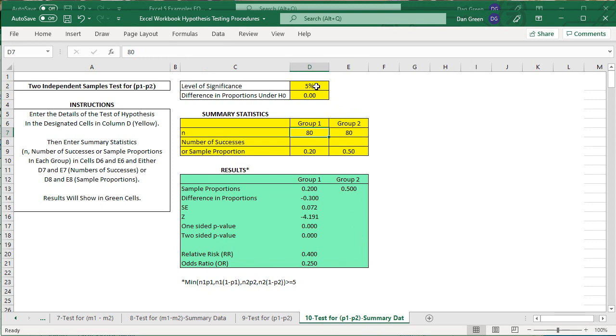So we can see here that our level of significance is 5%, and then our difference of proportion is 0, because we're testing equal, not equal. So those are all set. And then we have to enter in either these 4 cells, which is the total number in each group and number of successes, or you enter in the total number in each group and the sample proportion, one or the other. I'm going to go ahead and enter these 4 numbers, successes and n,